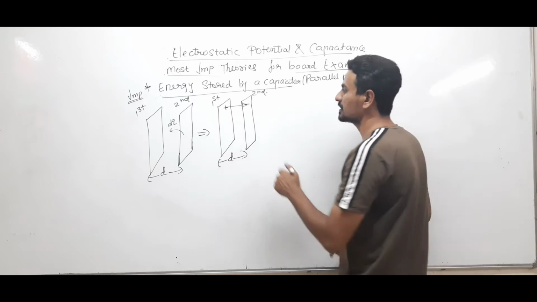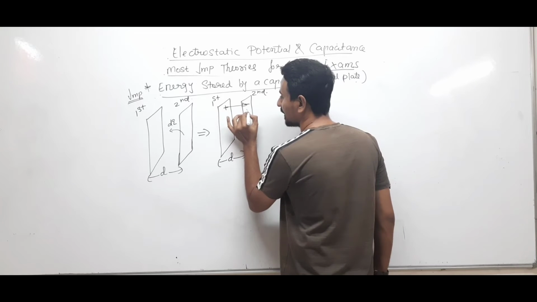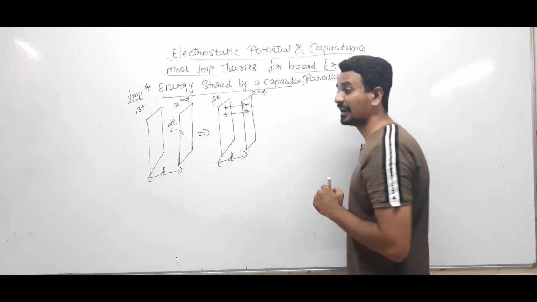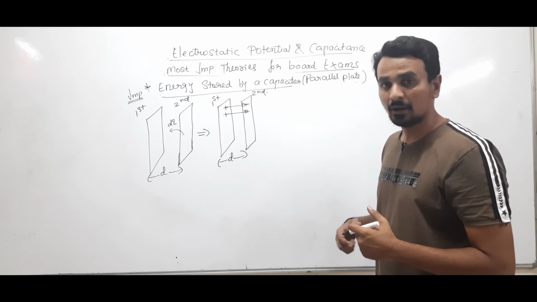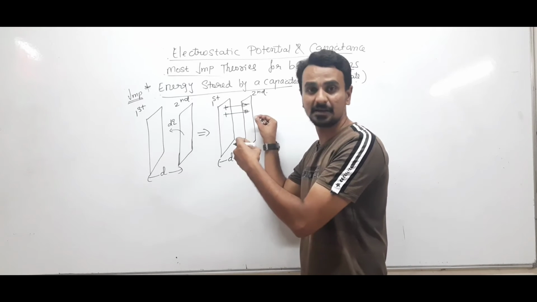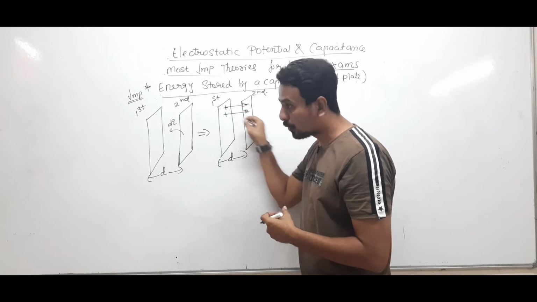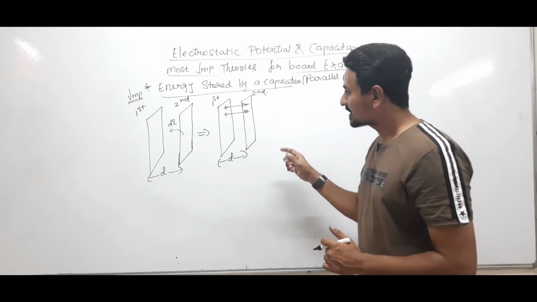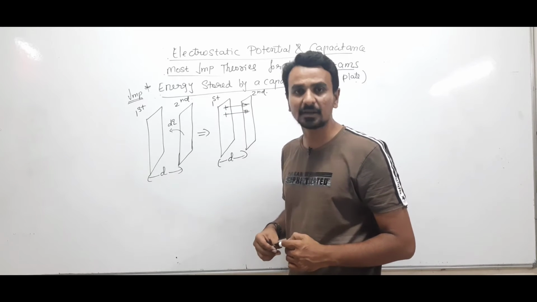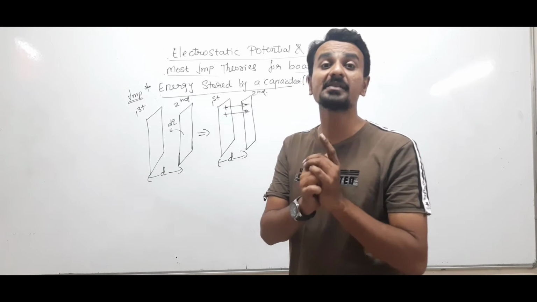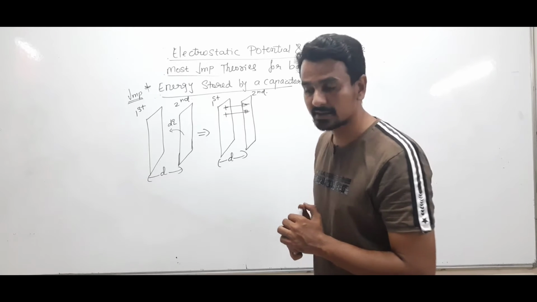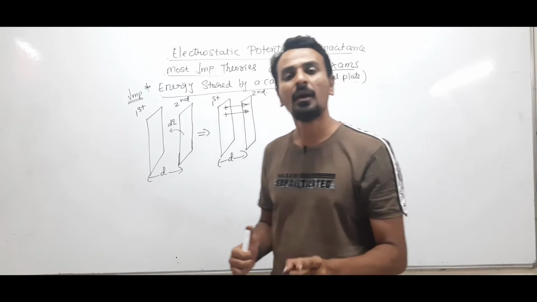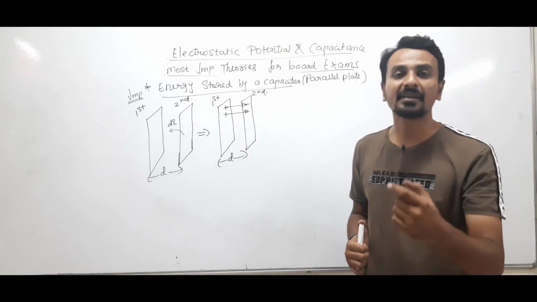Clear? So suppose another charge dq, if I am transferring from second plate to first plate, it will again gain positive, it will gain negative. So now electric field between the plates is getting stronger, right? So now if I am transferring a third charge dq, then I have to do more work because the force of repulsion is increasing. That means to establish a charge on the plates of the capacitor, battery has to do some work, and this work done is not constant, right? It is not constant because the force keeps on increasing, and if force is variable, work done will be variable. So we have to take the help of integration.